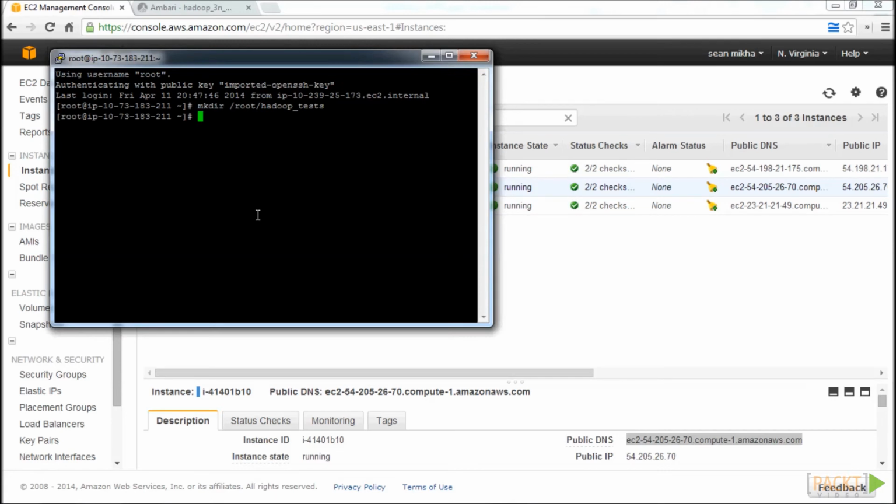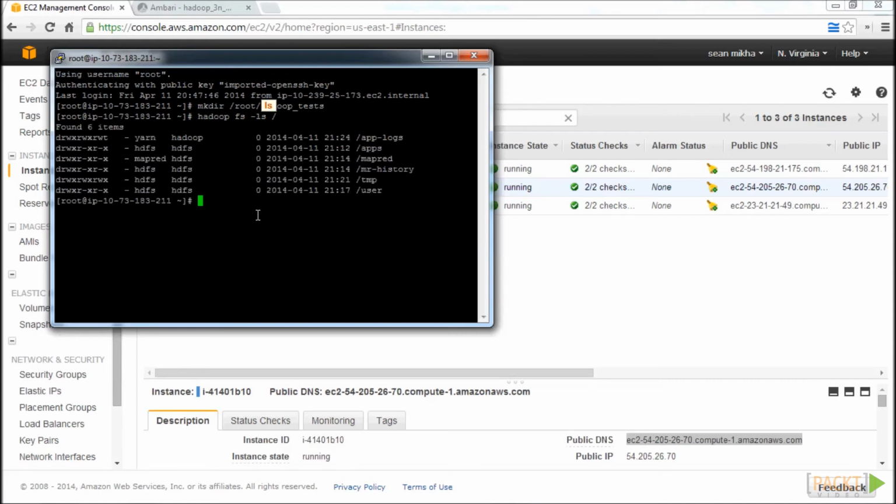The first command you will want to run is a simple ls command against HDFS. Try the following: hadoop fs -ls and the root directory. We see that works fine. This command is executing the Hadoop file system command, and it'll list the contents of the HDFS root directory under